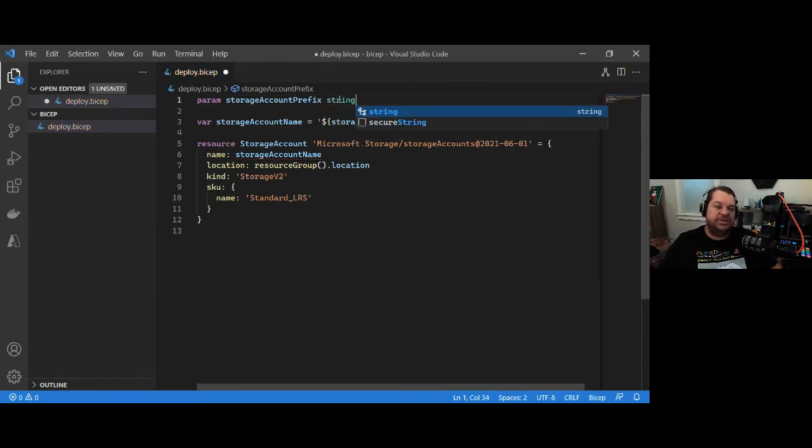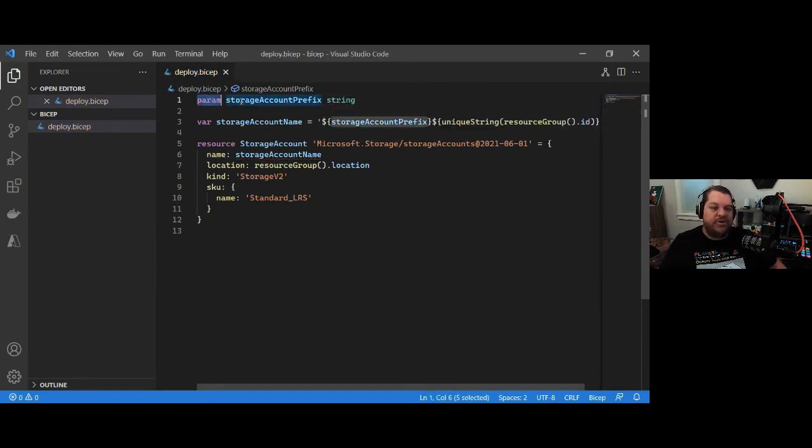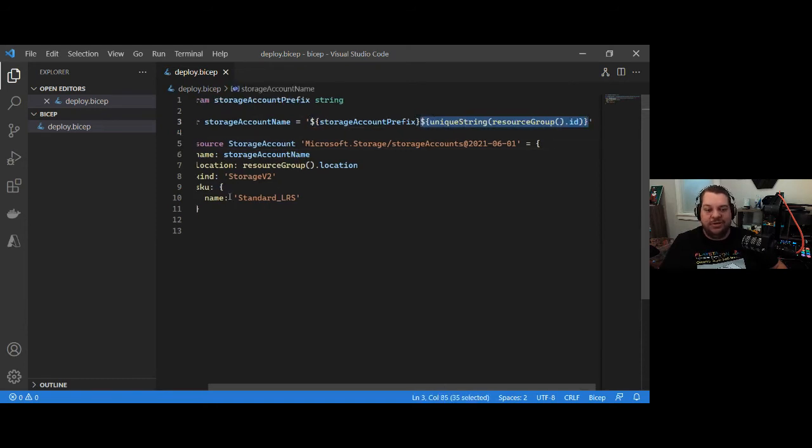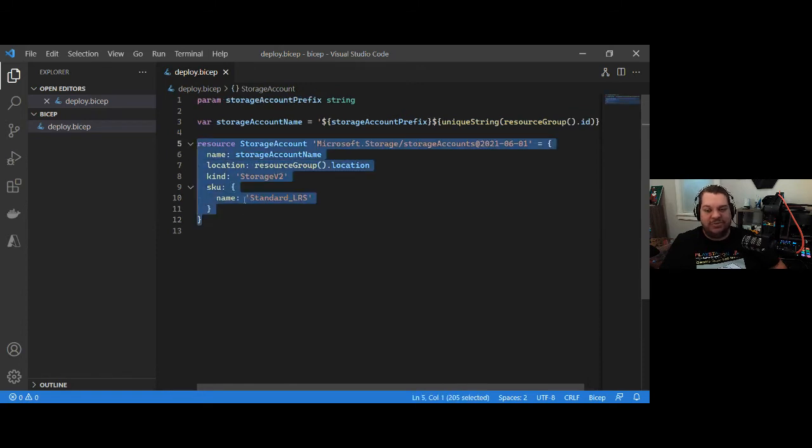So let me walk you through what I just did. I created a parameter called storage account prefix of type string. I have a variable called storage account name. It uses string concatenation to concatenate the prefix plus the unique string. Then I create my storage account resource. The cool thing about this is now I can use this template using a parameter in a couple of different